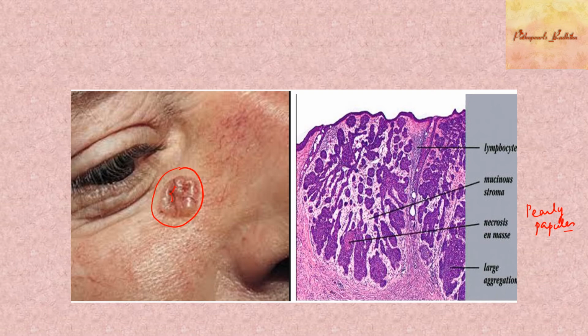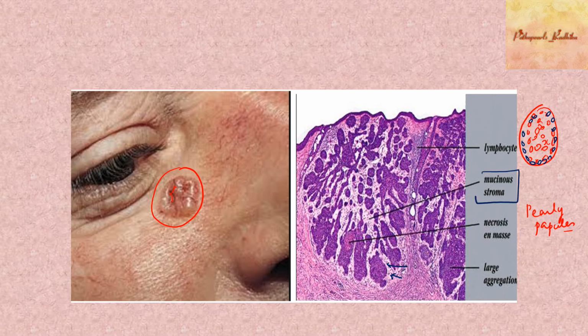Next is how it appears histologically. So remember, basal cell carcinoma can have nests of cells with peripheral palisading. What do you mean by palisading? It is just sliding of cells. When you see the peripheral cells, look here, in the periphery there will be palisading. They form a uniform sliding over each other, whereas in the center it will be haphazard. So peripheral palisading is one of the features of basal cell carcinoma, and you will have blue looking basal cells, and in between those nests you can have some mucin.